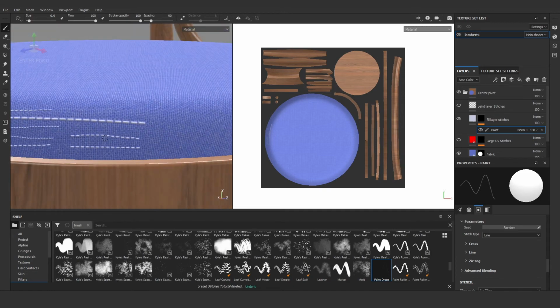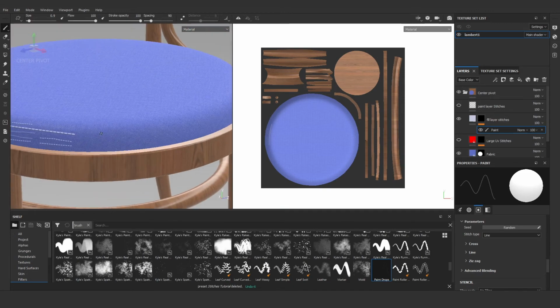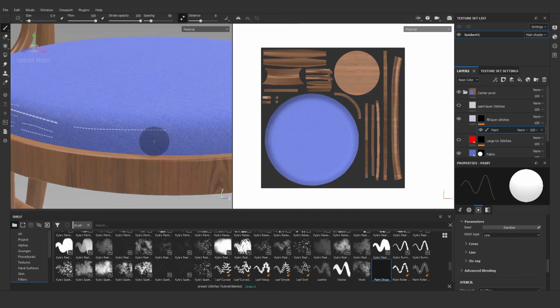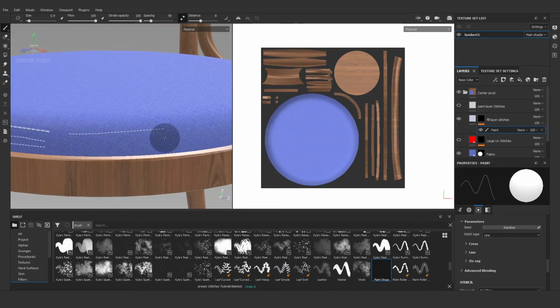For curved areas like this, you are not able to create stitches in a straight line, so use the lazy mouse tool in the top area. It will give an easy effect to create your stitches. With a normal hand you are not able to create stitches on straight and curved areas, but this lazy mouse will help you create the stitches.